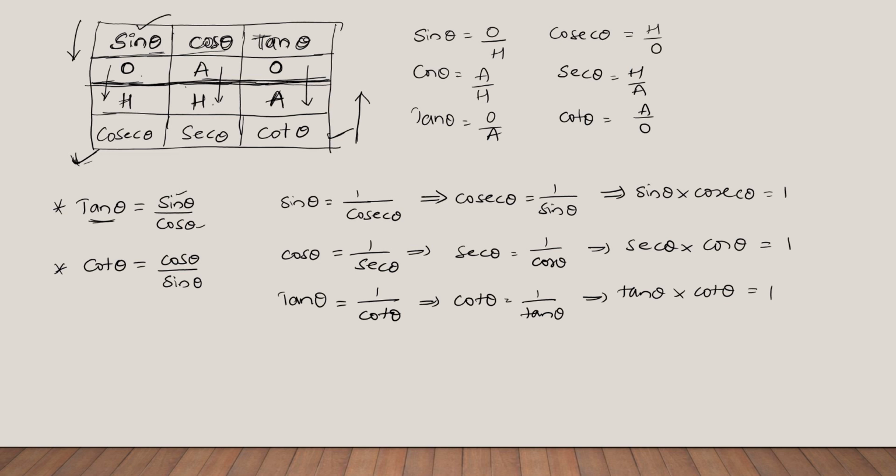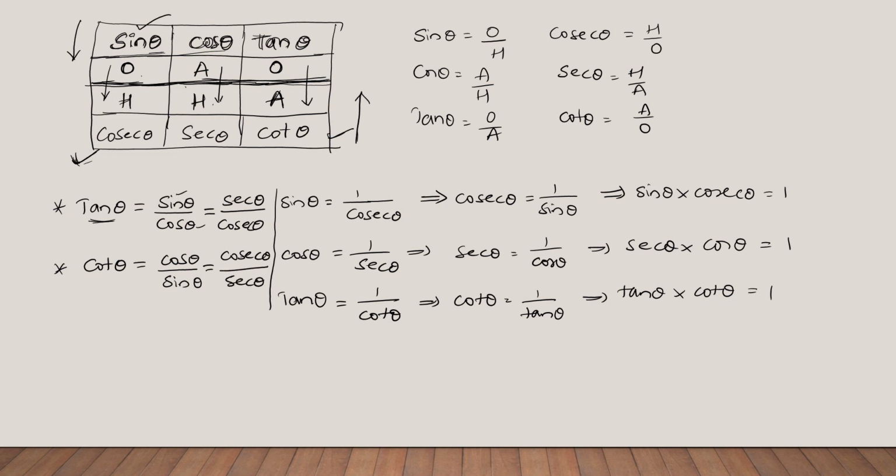The same way, there is one more possibility for this. How can you write tan theta? Tan theta is equal to sin theta by cos theta. So sin theta I can write as 1 by cosecant theta, and the same way 1 by cos theta I can write as secant theta. So that means tan theta I can write as sin theta by cos theta or secant theta by cosecant theta. The same way cos theta by sin theta, it's a reciprocal only, so I can write it as cosecant theta by secant theta.